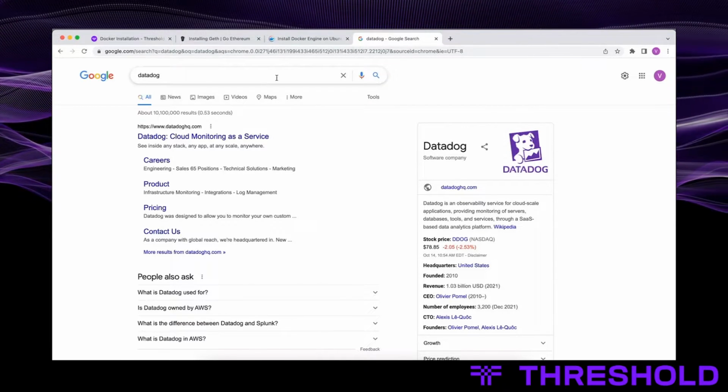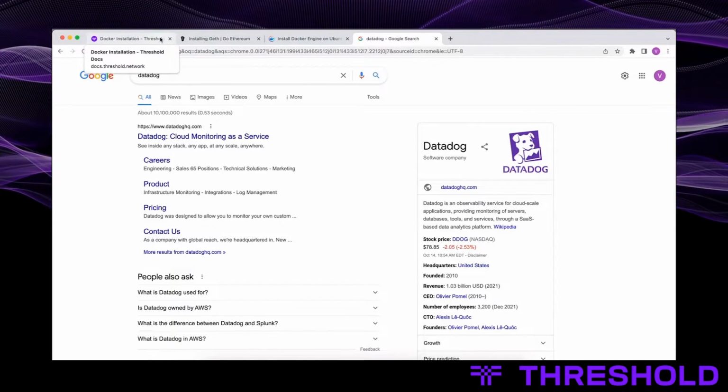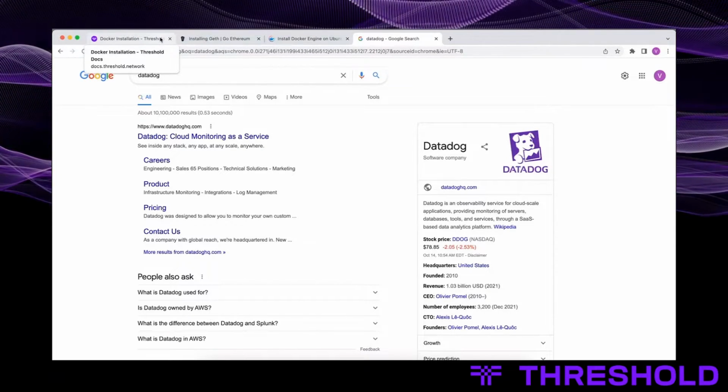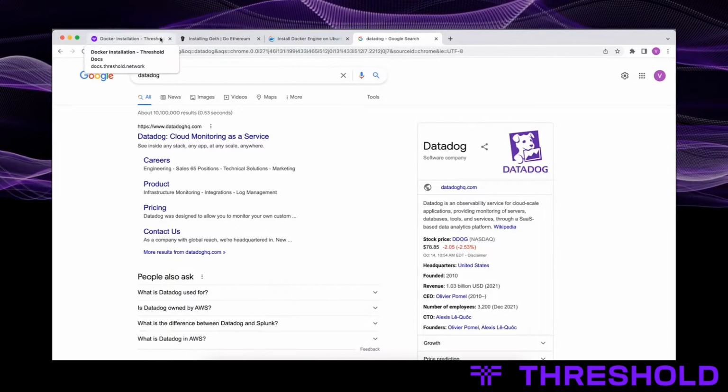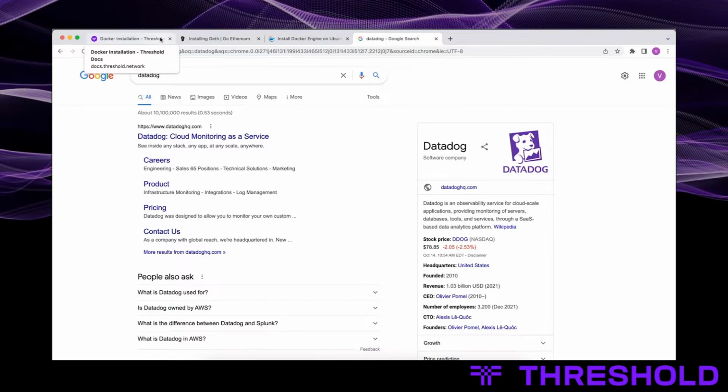It'll create another dashboard for you, and you can configure any kind of alert: Slack channel, SMS, push alert, anything you want. That's what I'm probably going to go use.